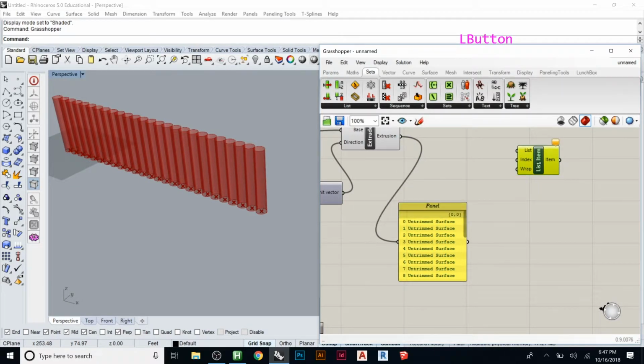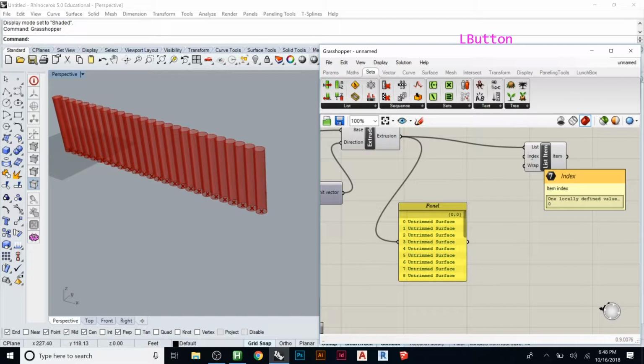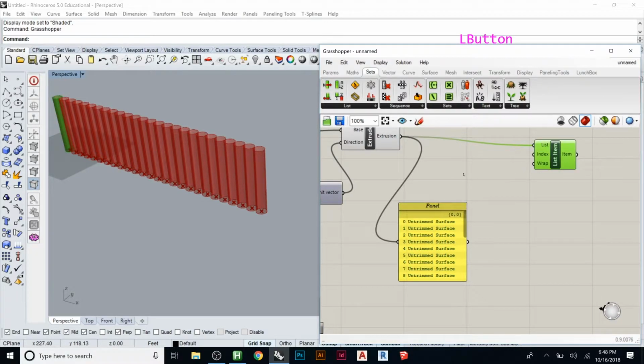If you use ListItem, this will let you grab any sort of list and then pick out a specific number that you assign to it. So if you notice on the left, each of these items has a number, 0 through 26 probably, or 25. If I connect this, notice how it's highlighted this guy. I can also change the index. The index is what's going to give me